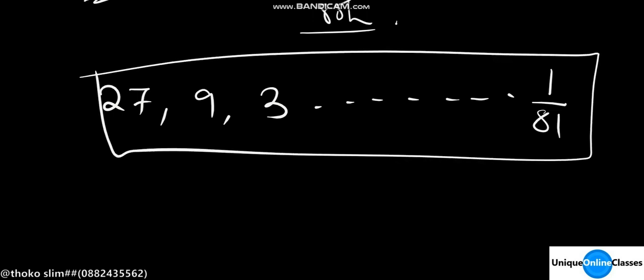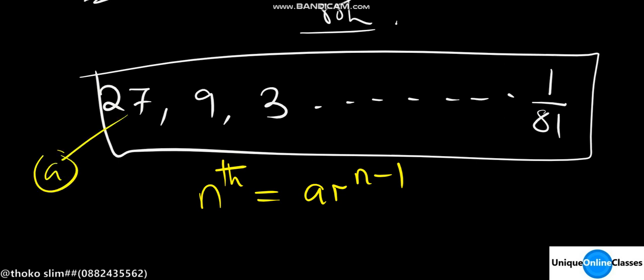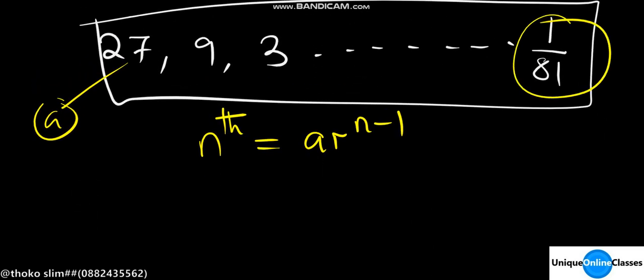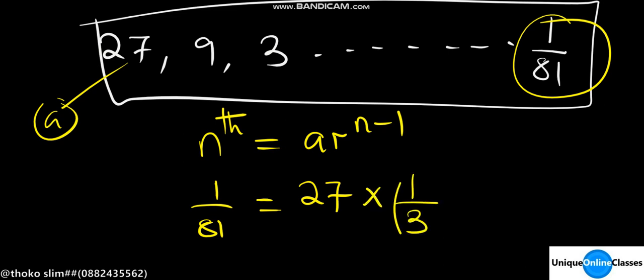So the formula: the nth term is equal to ar^(n-1). In this case our a is 27, and our r is 9 divided by 27, which gives 1/3. So our nth term in this case, 1/81, is equal to a, which is 27, times r, which is 1/3, raised to the power